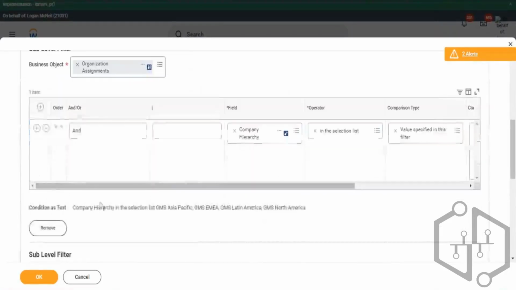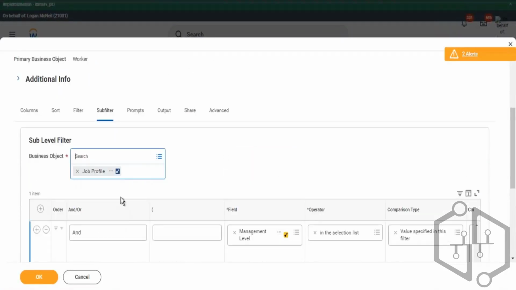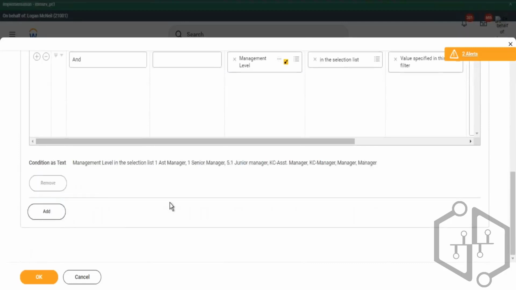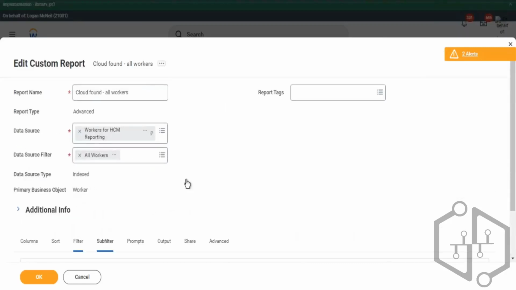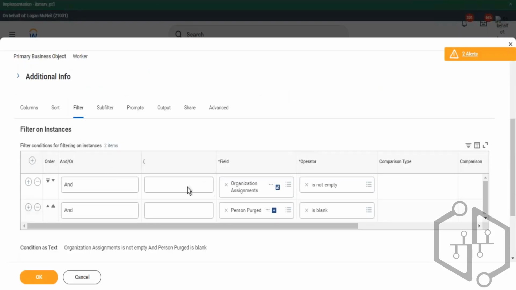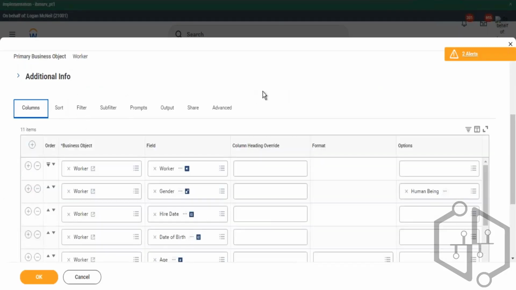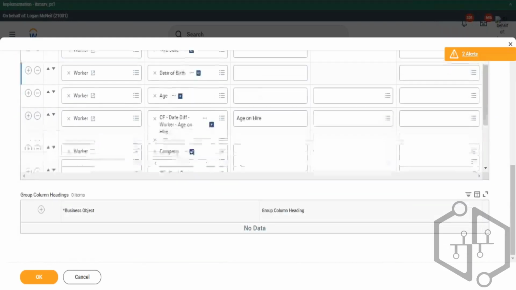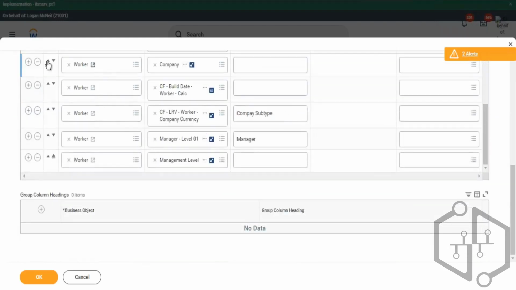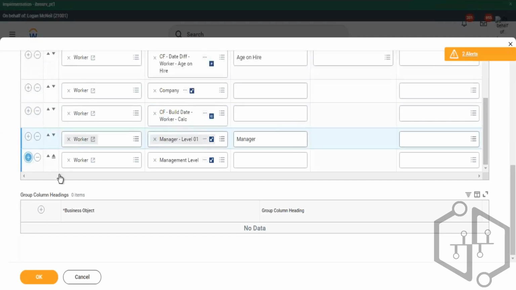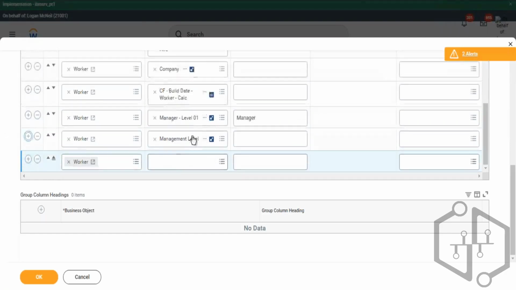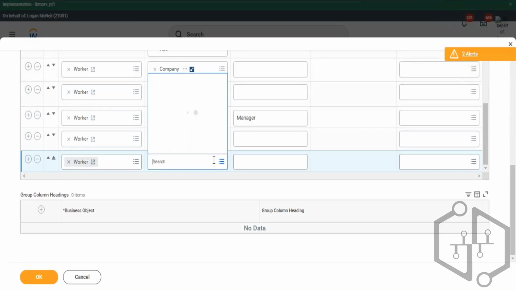We don't need them. Okay, I'll come back to columns and let's add a position. When it comes to position,